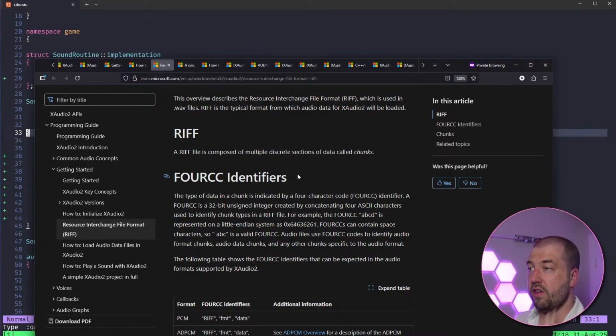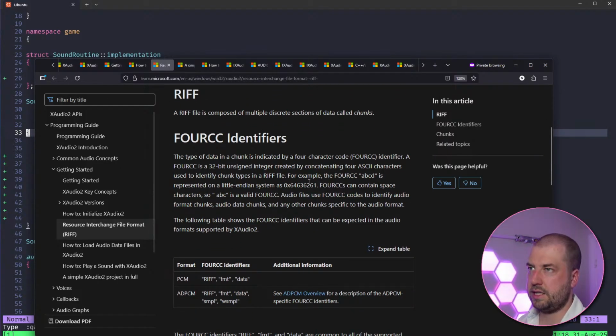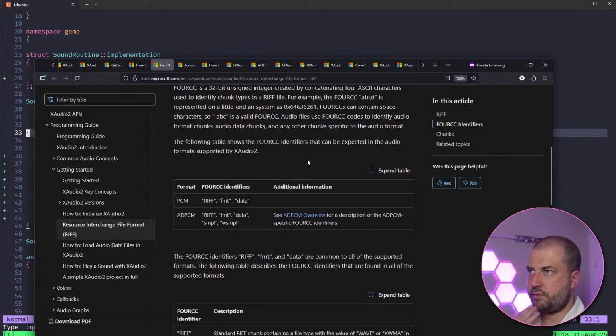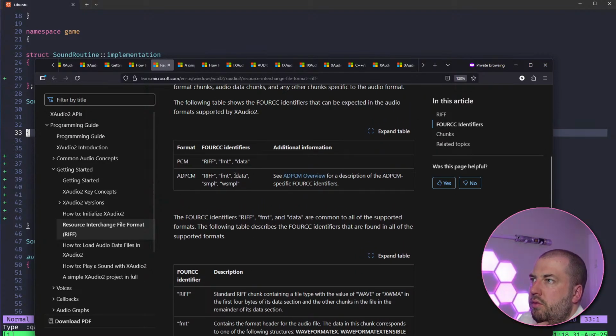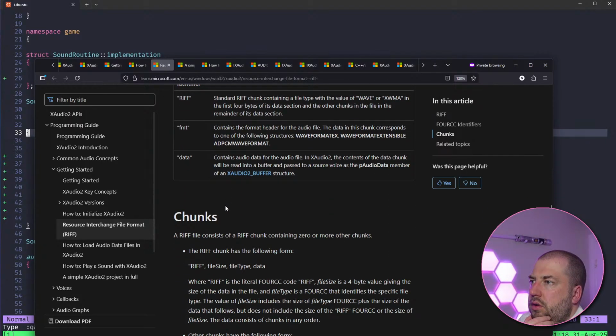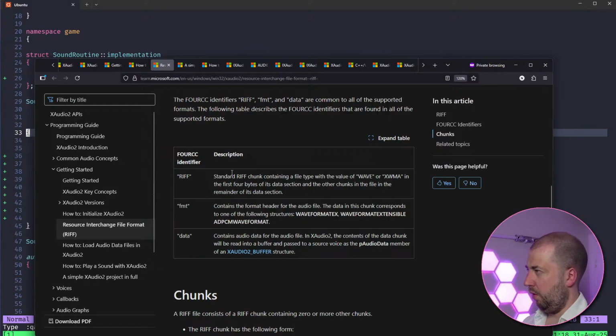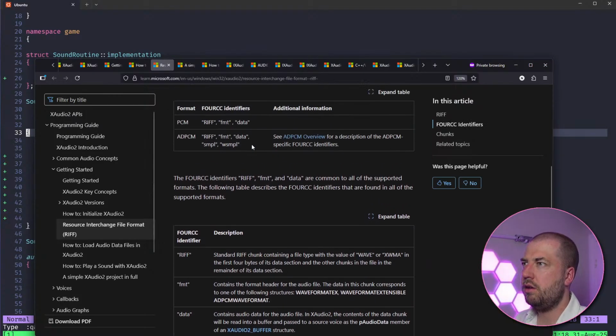A FourCC is a 32-bit unsigned integer created by concatenating four ASCII characters used to identify chunk types in a RIFF file. So I want a PCM file, which is actually a WAV file, which is actually a RIFF file. Am I interpreting that right?